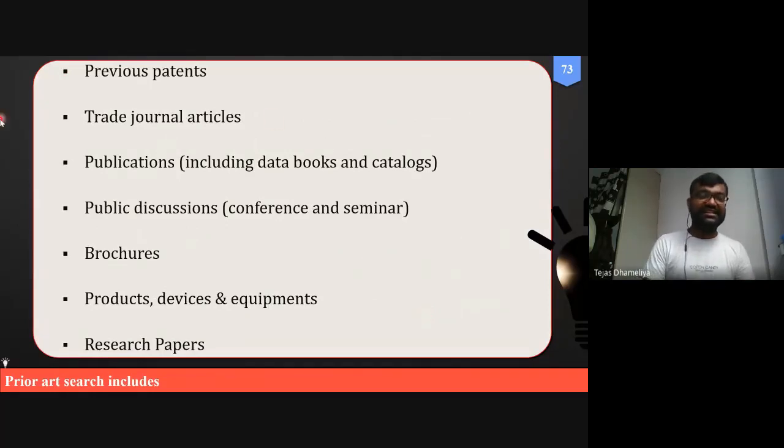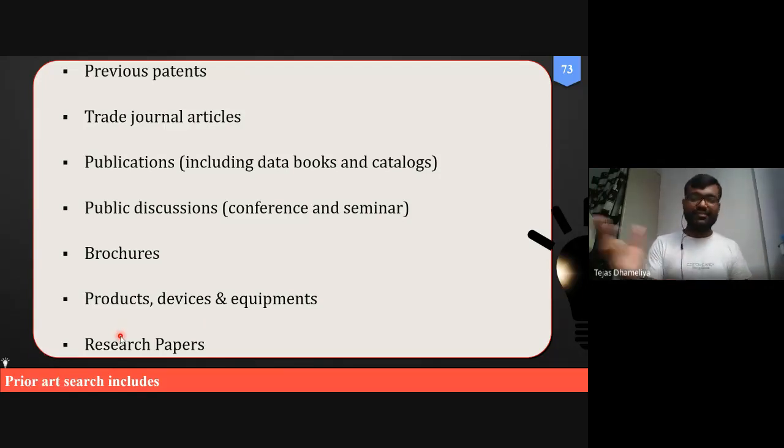When we are studying these things, we have to do a prior art search. Prior art search means the searches you are going to do before filing the patent. Before you file the patent, what are the prior art searches you are going to do? That is called prior art search.